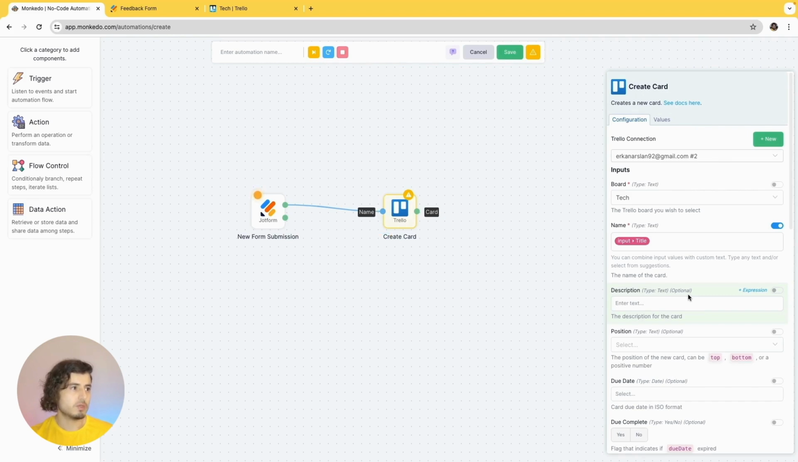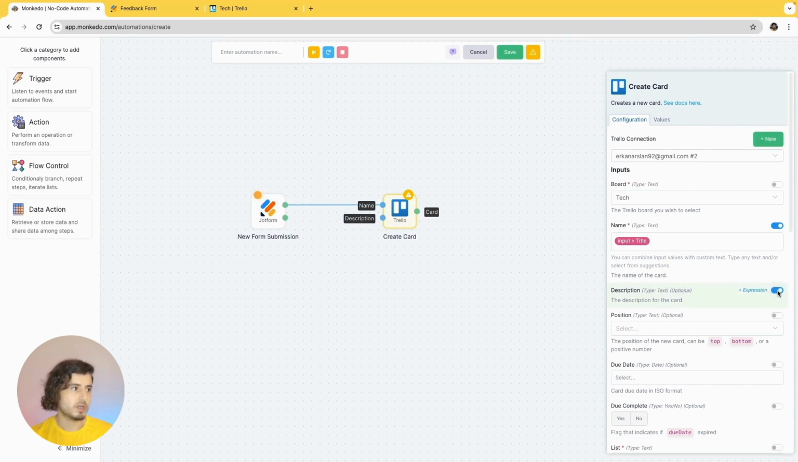This means it is set to get its value from the info panel. We can just click this switch to get it from the automation diagram. Now we have an input port for description. We can do the same. Connect, add expression,